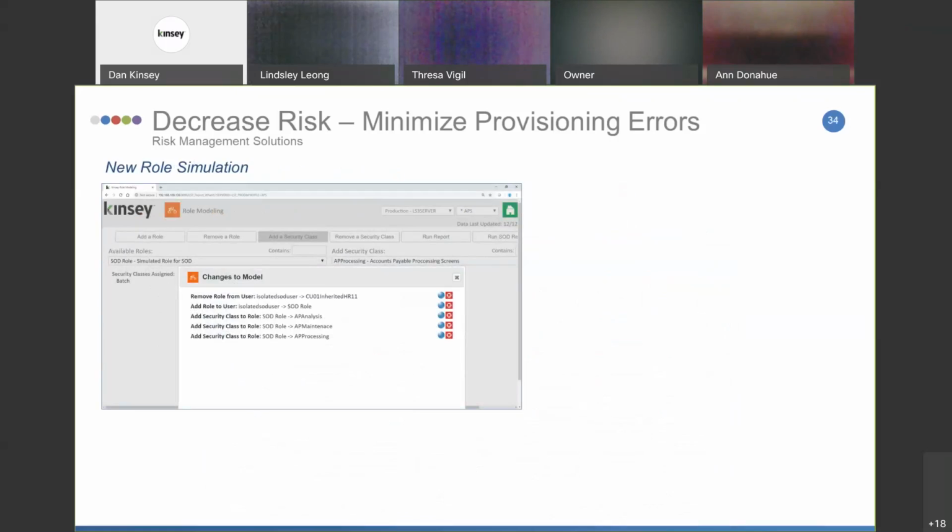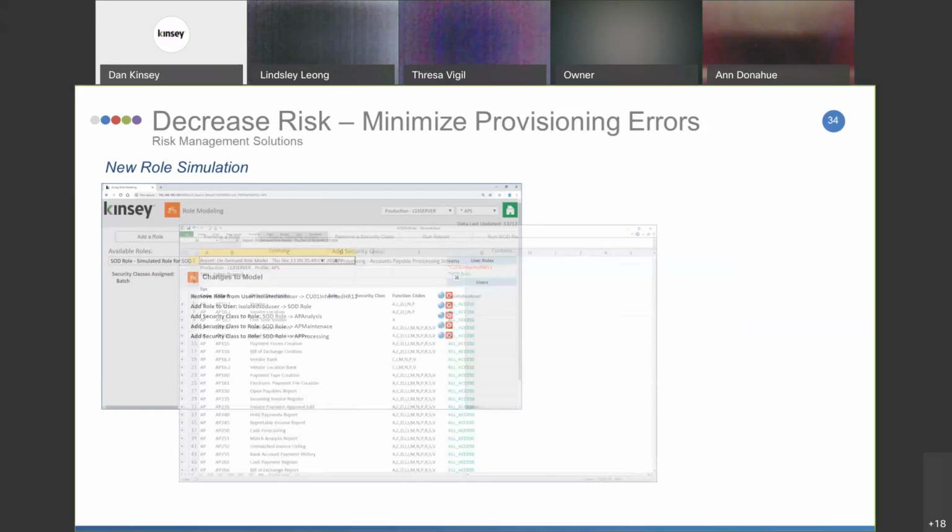Now, the other thing we can do is just do some role testing against a user that you may want to set up in the system. So I have a user out there I call a simulated role user. And what I want to do is I'm going to go in and I have somebody joining the organization. We're going to give them 3 roles or 5 roles. So what I can do is I can come in here and I can simulate what if I were just to give that user these 5 roles and then run reports on that